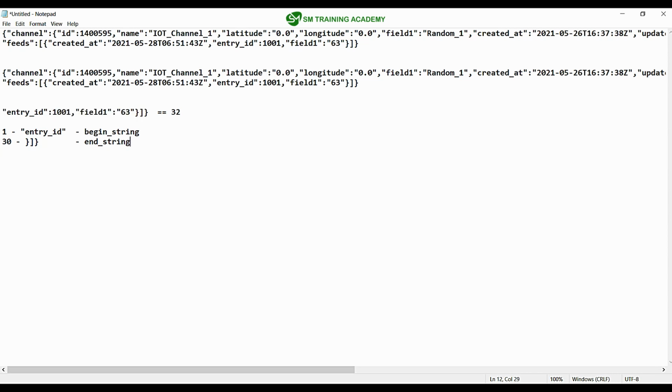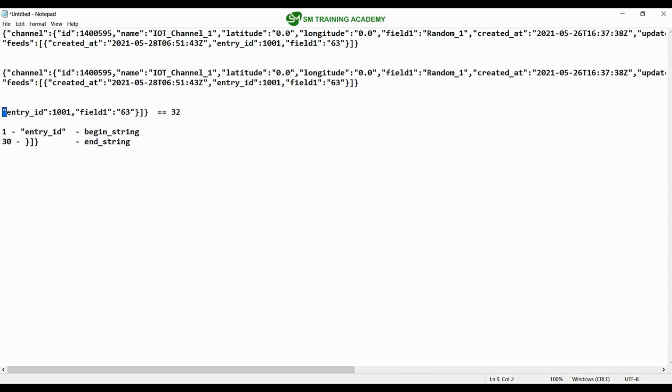Now I just want to print the data available over here. So from this index I want to add a particular number to move the position forward. This is position 1.